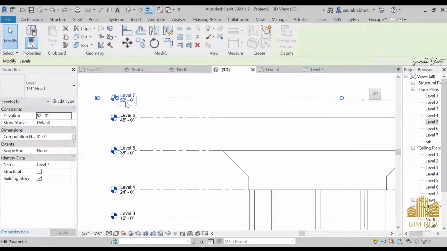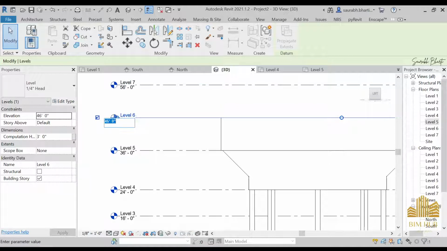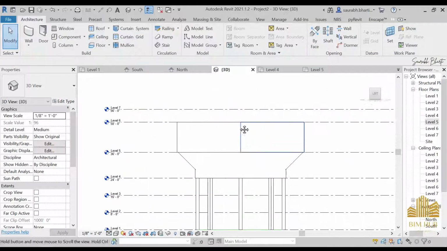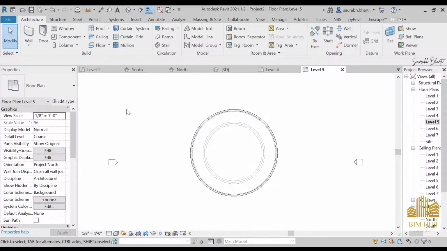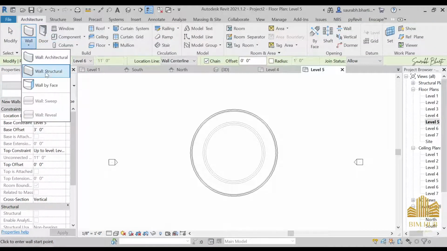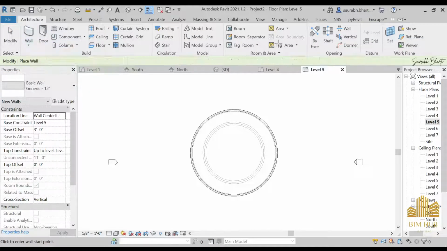Okay, this is 52. If I'm going to keep it at 50 feet, it will be till 56 feet, and this is 56 feet. So we have to draw this one actually once again. So again, go to the wall, 12 inches fine, and then you can just select wall, and from here you